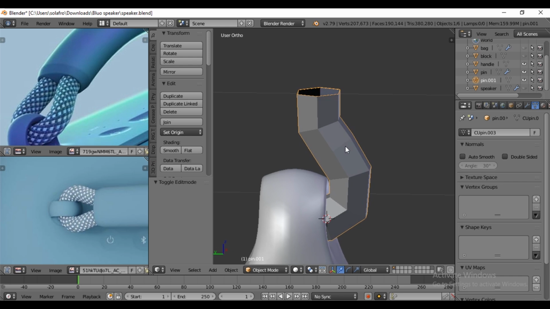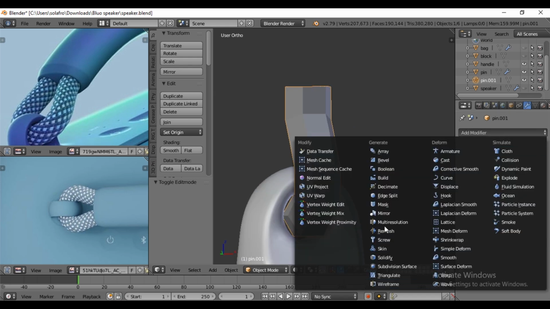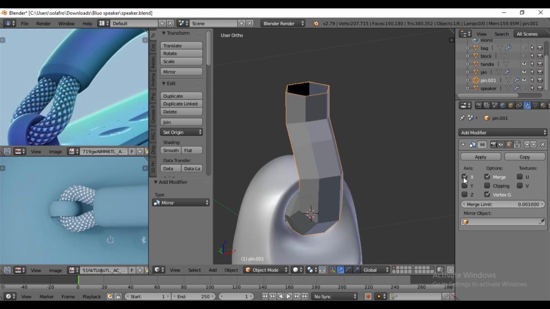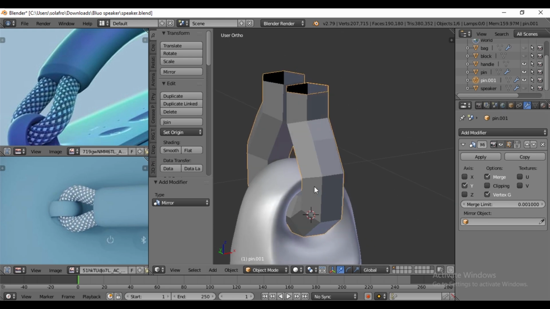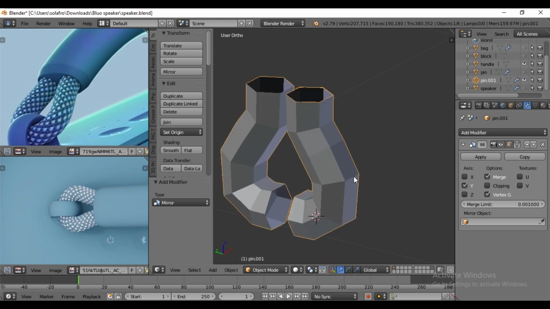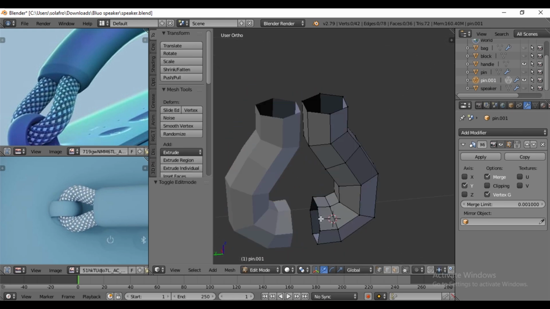By selecting the rope, in the modifier section, add a mirror. Then change to Y. Hide the pin. In edit mode, to bridge the rope gap, check the clipping in the mirror modifier, then drag in the Y-axis, clip together.